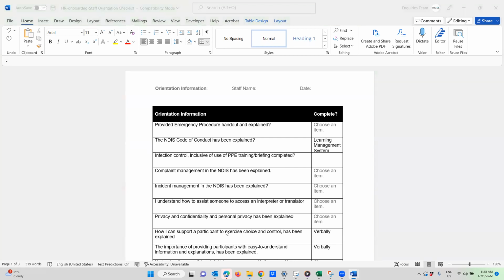Just a question here: with employee training such as manual handling, is this something that can be provided as a handout and verbal communication? The best thing to do with manual handling is some kind of theory training, where they can answer questions so you can test their knowledge. But when you're talking about equipment as well, the best thing is that somebody shows that person how to use that equipment. And if you wanted to do it in the best practice format, you would have a simple list of competencies. You just want to make sure that they can do all those competencies on that piece of equipment.